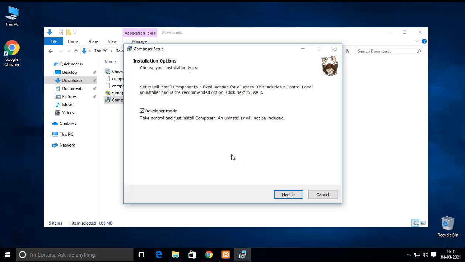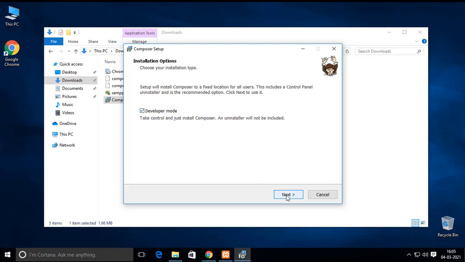Otherwise, if you have production server, basically users are not going to run this type of server from Windows. Basically they use a Linux server or cloud server. So we are generally looking for development mode, so we check this out and